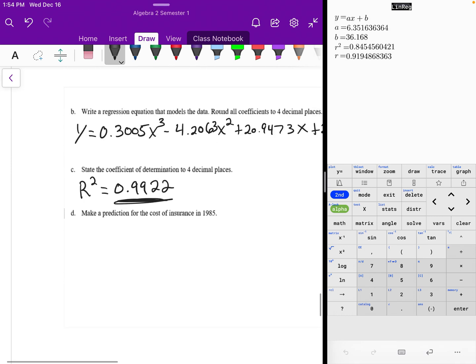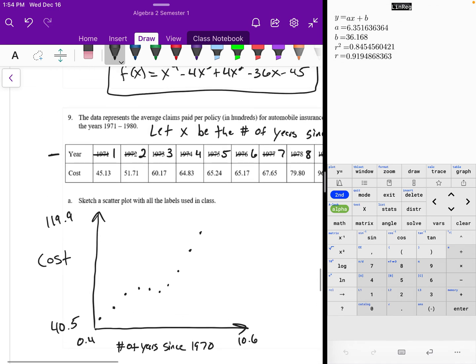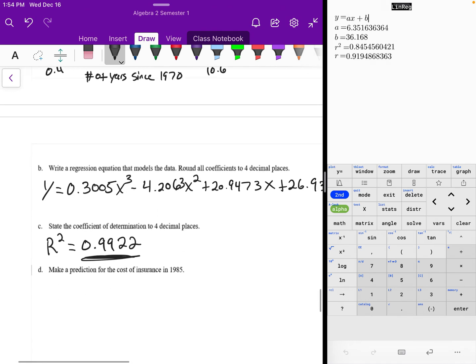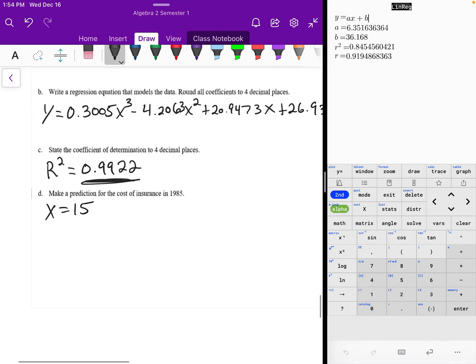All right, so now the last thing: make a prediction for the cost of insurance in 1985. We're given a year, and it's 1985, and x is the number of years since 1970. So in this case, x is equal to 15. And what we're going to do is just plug that into our regression equation. y is equal to